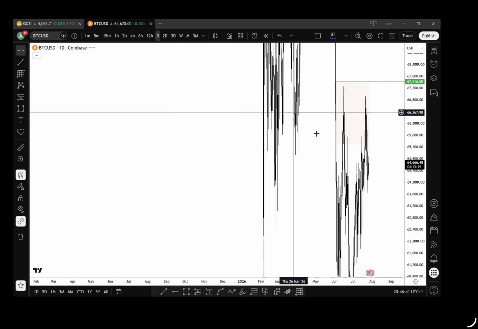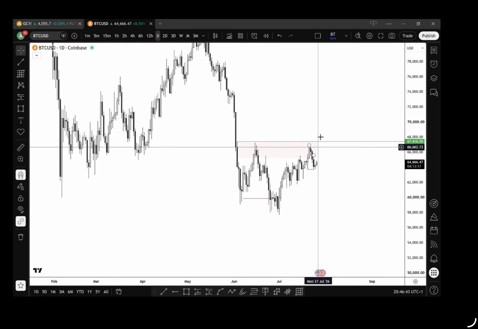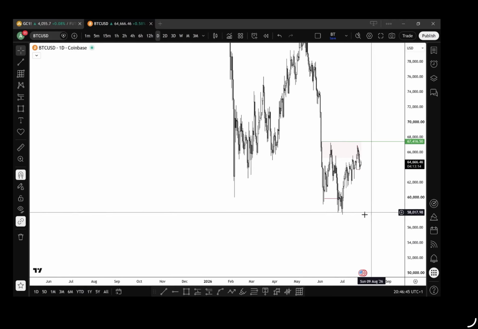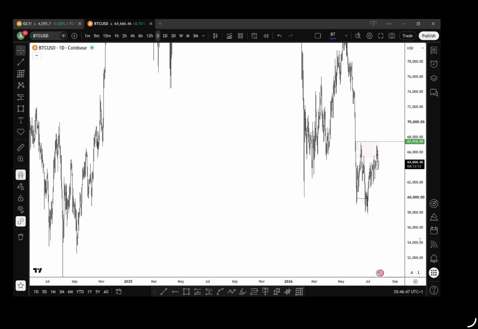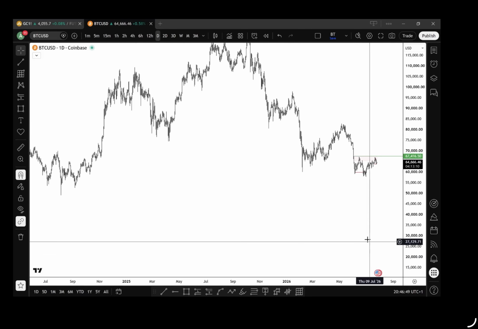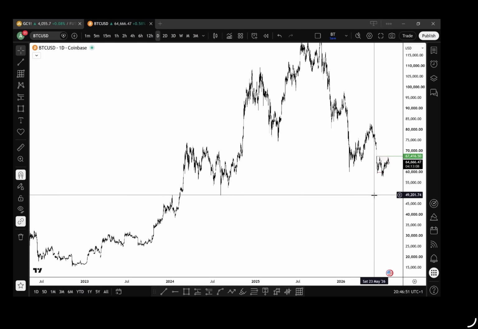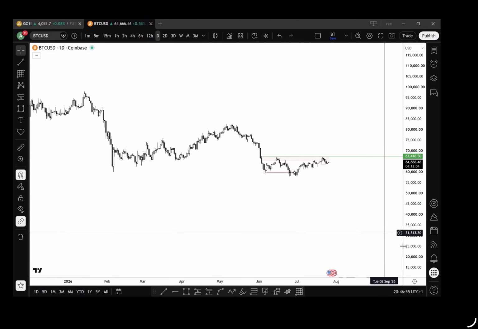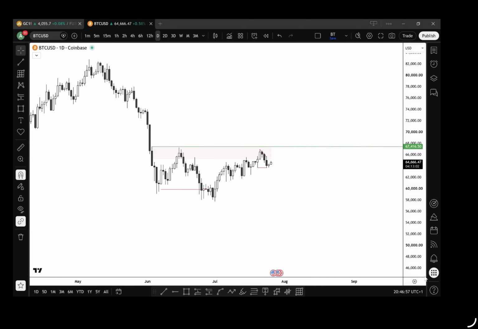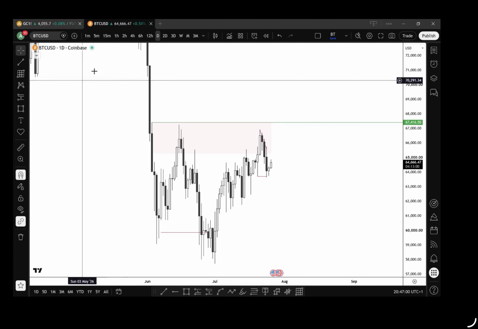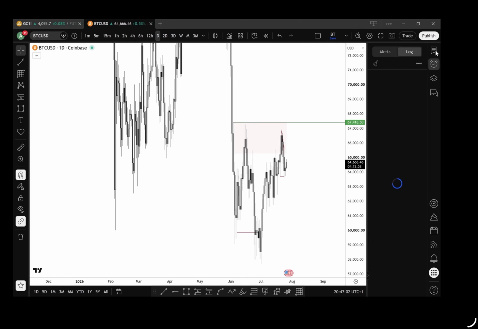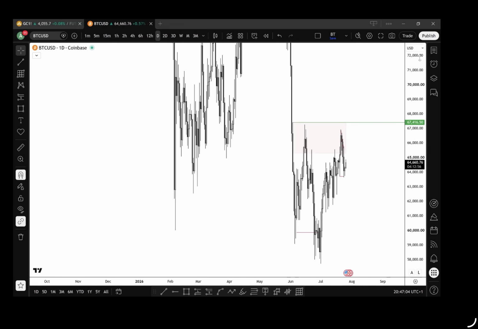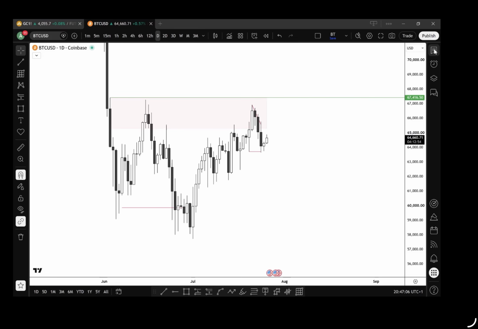So on BTC, I am bearish. I want to see these highs go and then come and take out all these lows. I have a target at 49k. Here, 49k. That'll be my higher time frame target. So that's BTC really. That's pretty much it, guys, in terms of assets.